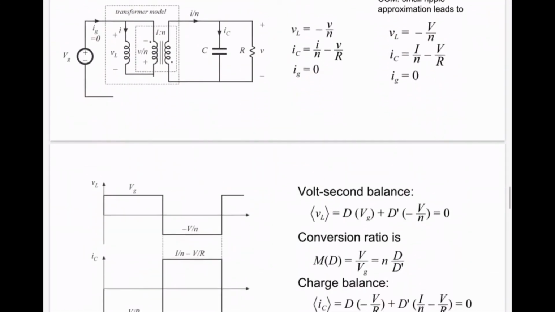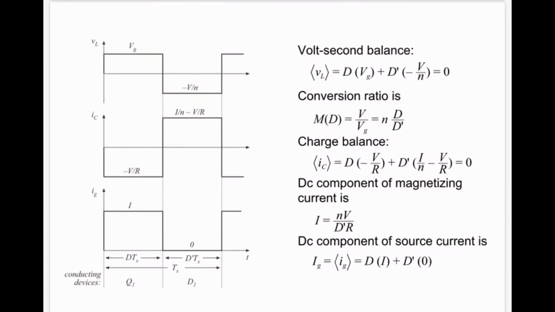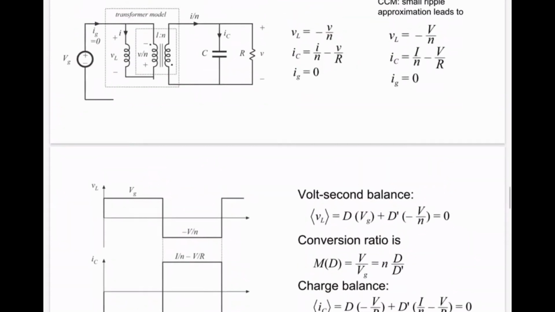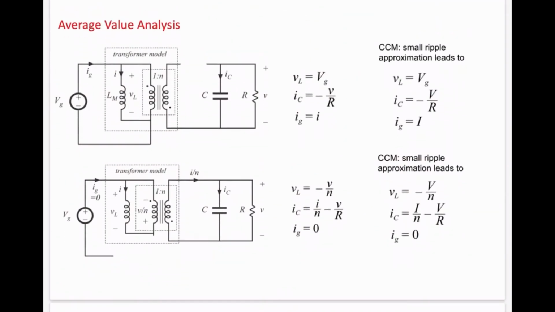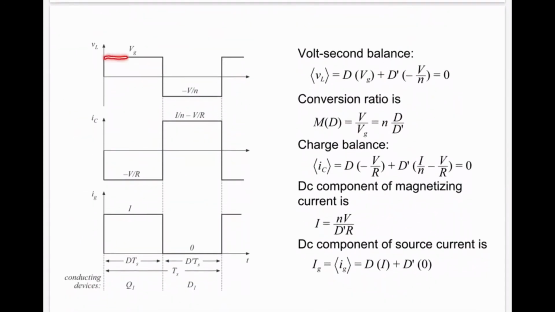So now if I look at the volt second balance equation, taking the voltage across the magnetization inductance. So if I go back over here, when the switch is on, what's the voltage across our inductor? Our source is connected, so the voltage is plus Vg. So you can observe over here, when our switch is in the on state, our voltage is Vg.